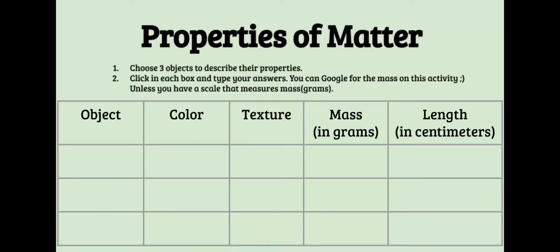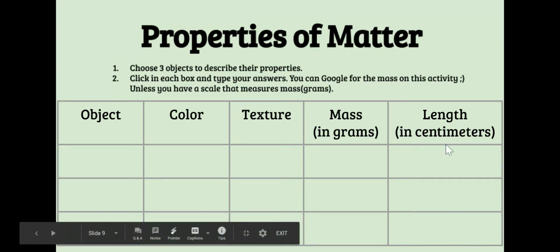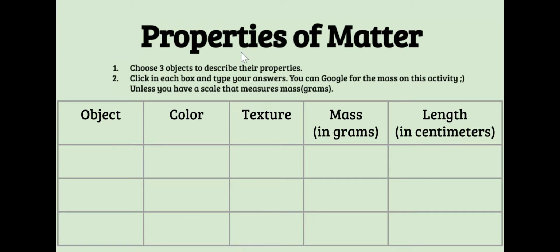Now this is your activity, properties of matter. Choose 3 objects to describe their properties. Click in each box and type your answers. You can Google them for the mass on this activity, unless you have a scale that measures mass in grams, like a little kitchen scale, like that one in the other picture. And then use a ruler to measure the length in centimeters for each object. So